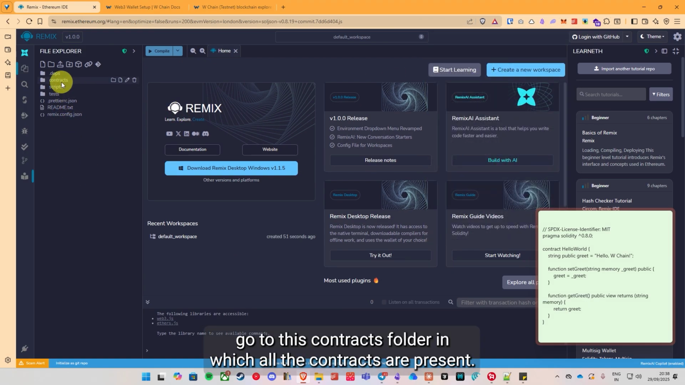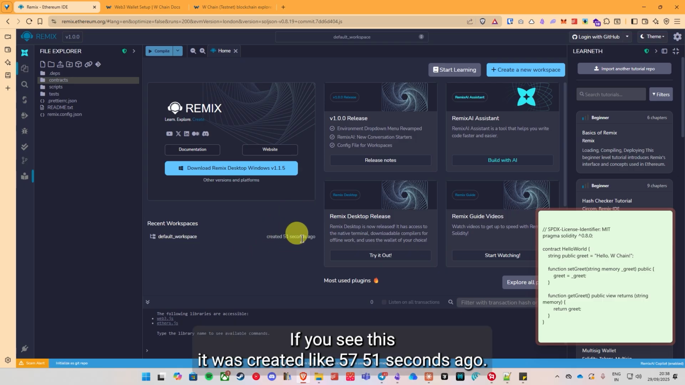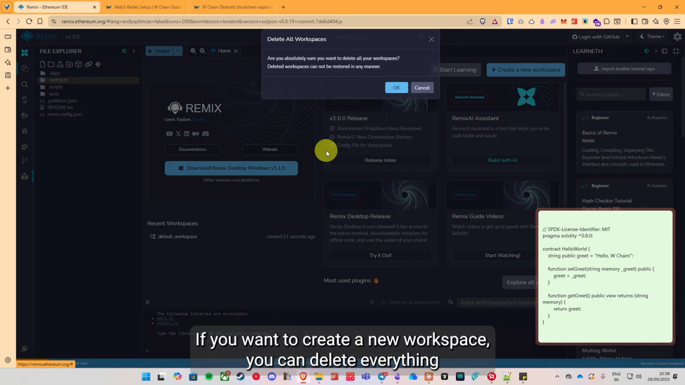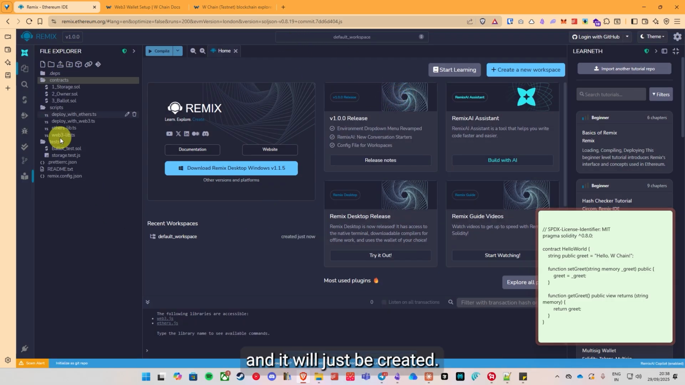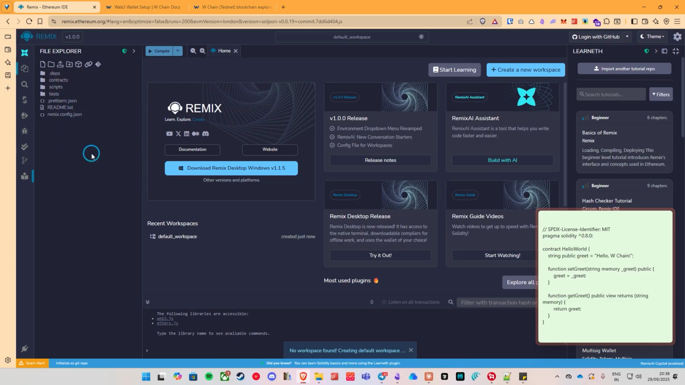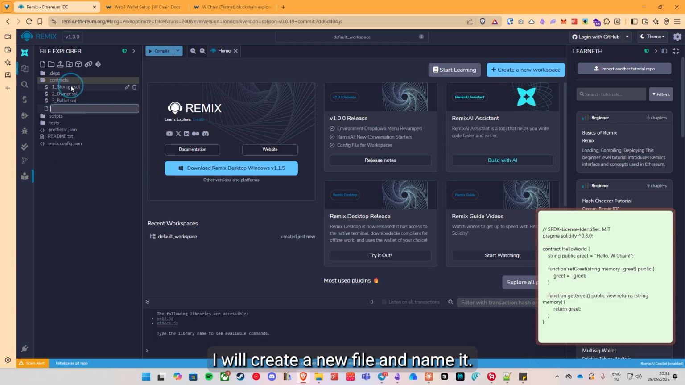So I will go to this contracts folder in which all the contracts are present. This is the default workspace, by the way. If you see this, it was created like 51 seconds ago. If you want to create a new workspace, you can delete everything and it will just be created. So these are the default files present inside your workspace. What we need to deal with is contracts. Let's open that. In this particular folder, I will create a new file